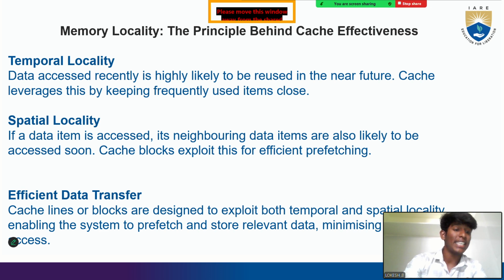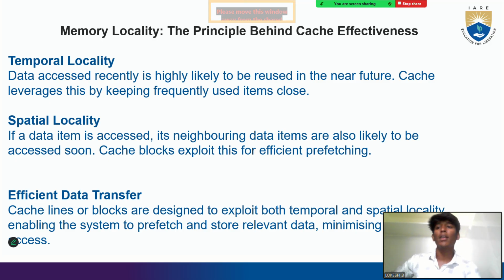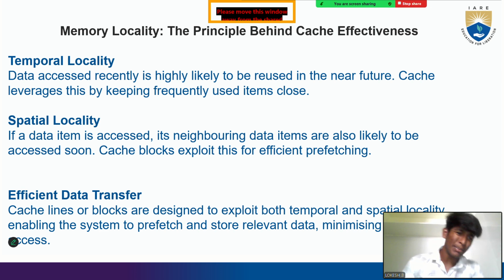And memory locality, the principle behind cache effectiveness. Memory locality holds cache effectiveness because of temporal locality: data accessed recently is likely to be reused in the near future. Cache leverages this by keeping frequently used items close. In simple words, it is like the recent items in our Windows, or the recent apps in our mobile phones. And spatial locality: